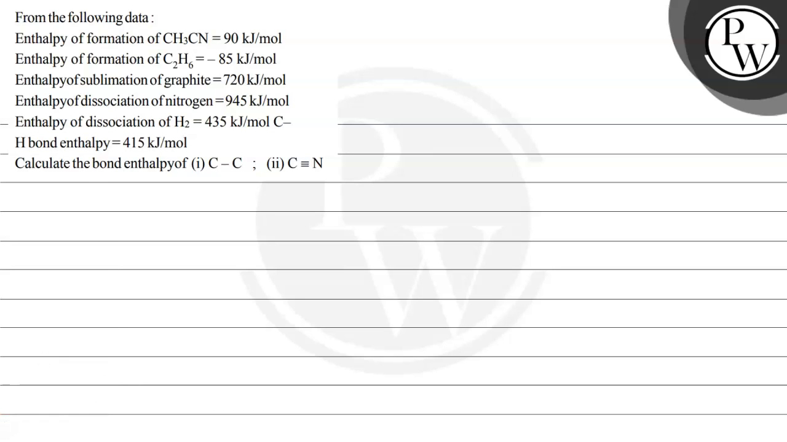So the question says, from the following data, enthalpy of formation of CH3CN, C2H6 and enthalpy of sublimation of graphite, enthalpy of dissociation of nitrogen and enthalpy of dissociation of hydrogen and the bond enthalpy of CH bonds are given. So calculate the bond enthalpy of CC bond and C triple bond N. So let us solve this question, and here the key concept is